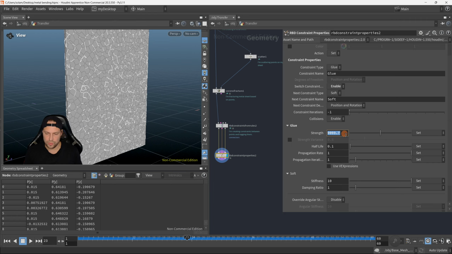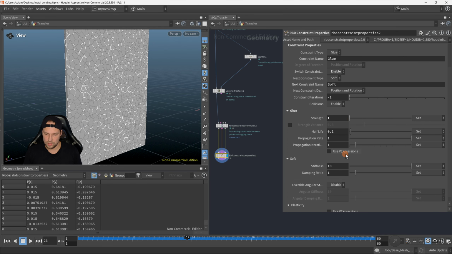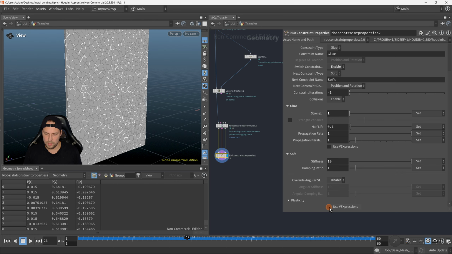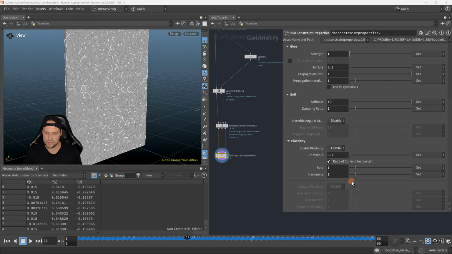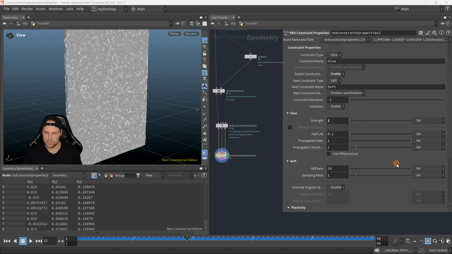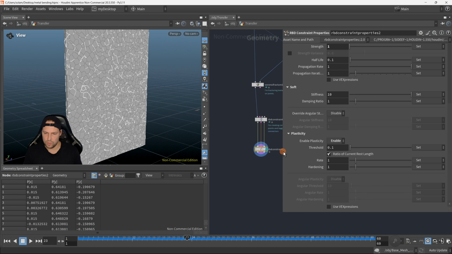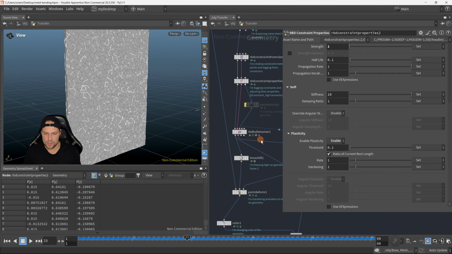And into the strength, I want to set it to 1. Propagation rate, I want to 10. Propagation iterations to 1, stiffness to 10. Maybe we can use some of the plasticity down from this drop down, so I'm going to enable that. And actually, angular, so let's see what else we need from here. Damping ratio, and actually to help me out with that, what I can do is I can use